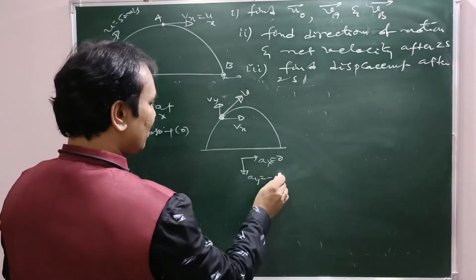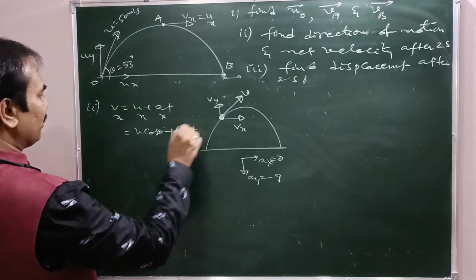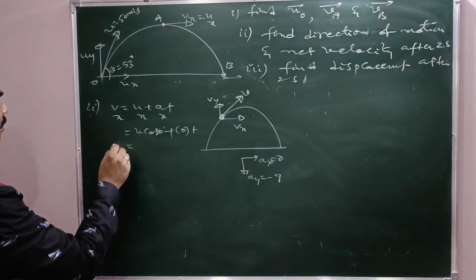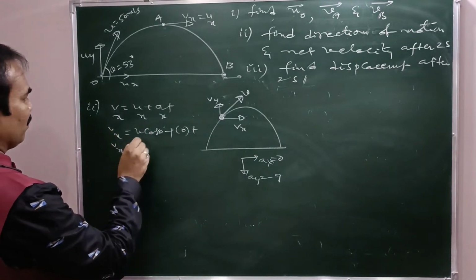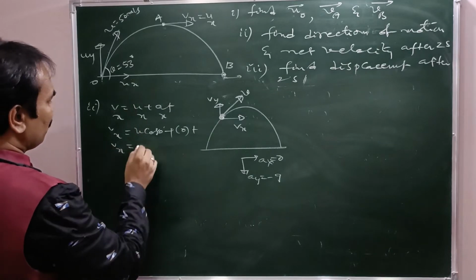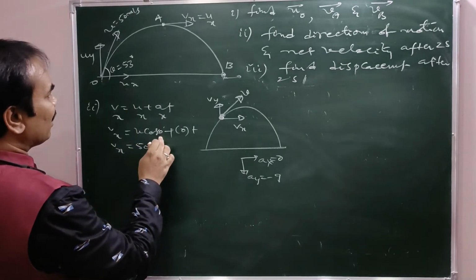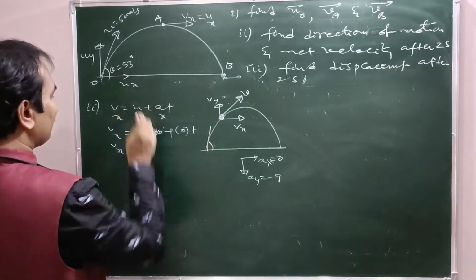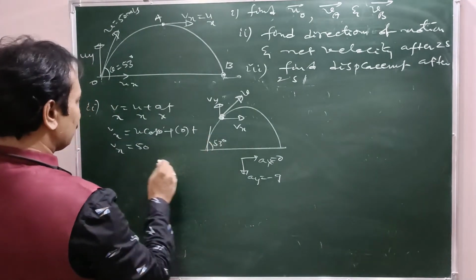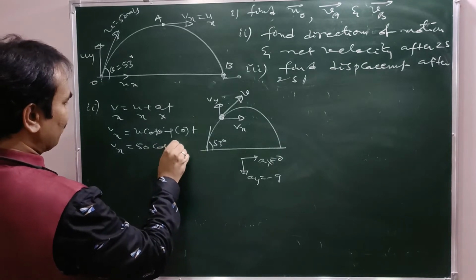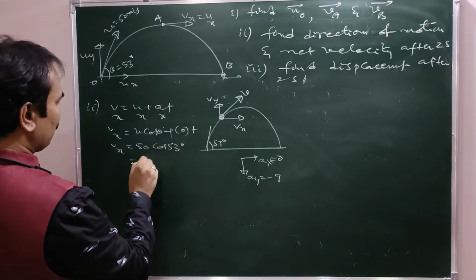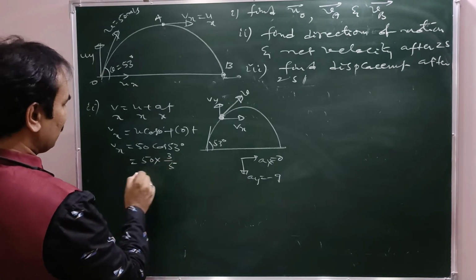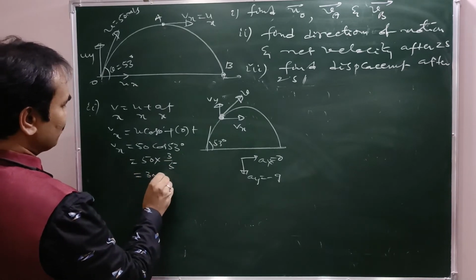So Vx is again U cos theta. U is 50, cos theta. What is theta here? 53, right? So 50 into cos 53, 3 by 5, that is 30 meters per